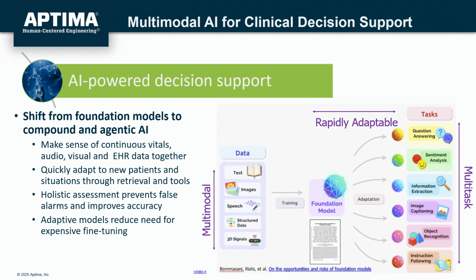So ones maybe that are focused on text or focused on images, and then also use what's called retrieval augmented generation, which is able to extract information that's new. Maybe you have new information about a patient or new research that's come out. And these types of compound and agentic systems are able to take all of that data together to really make sense of it and quickly adapt to new patients, new situations, and provide that holistic assessment and not have to require constant retraining. So this can really empower